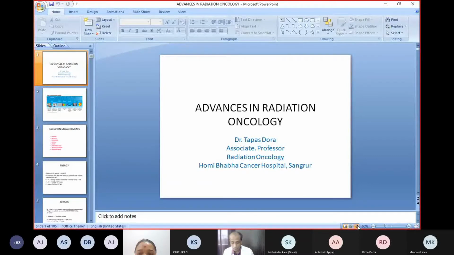So now coming to the proper radiation part, how radiation is ejected. Once an incident photon collides with an atom, it displaces an electron and the scattered photon traverses the tissue. When the electron is displaced in the shells like K, L, M, N, there will be ejection of X-rays in terms of the difference of energy between the shells.